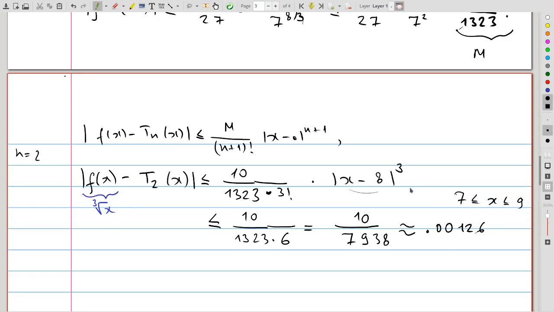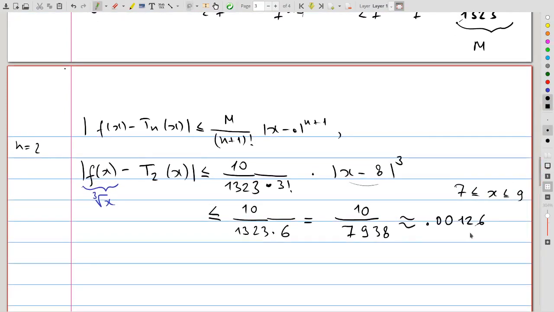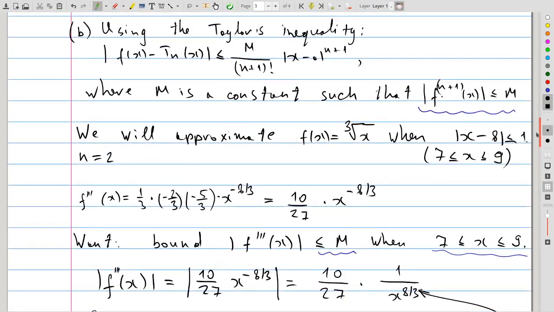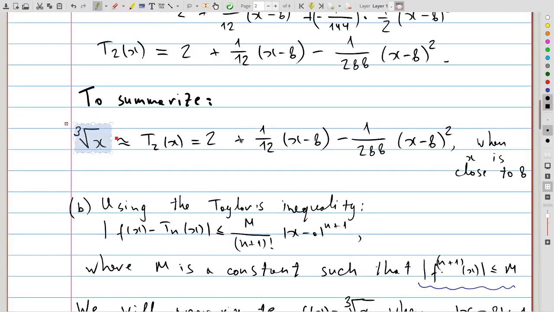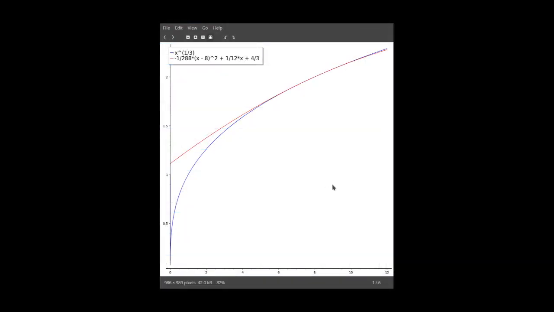Now, to give you an idea about how good an approximation this is, let us see how this error measures up to the graph of our function, right? So we have the function that is being approximated by this polynomial over here. Now, how good an approximation is this? So to get an idea, let us look at the plot of these two functions side by side. So here we have in blue the graph of the cubic root of x plotted here on the interval between 0 and 12,